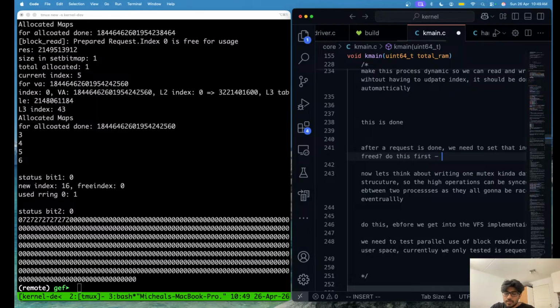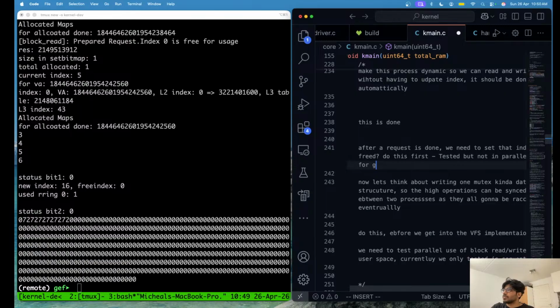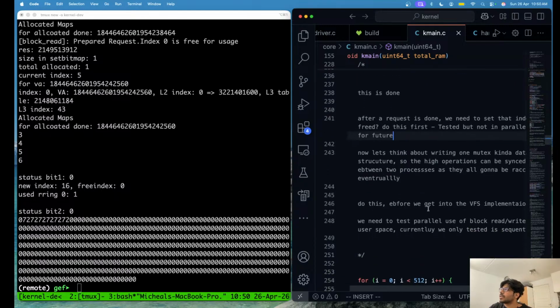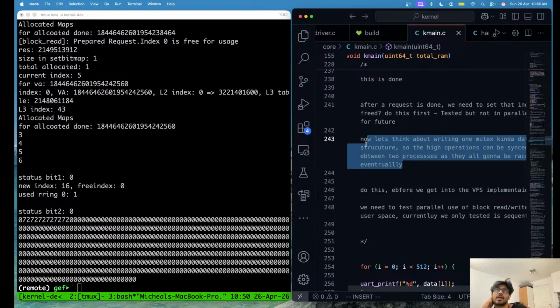Okay, we'll just put tested but not in the parallel case for the future. Okay, what about, let's think about writing one mutex kind of. Yeah, this is what we need to do. We need some sort of mutex or whatever is the basic